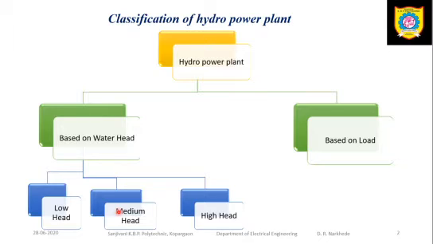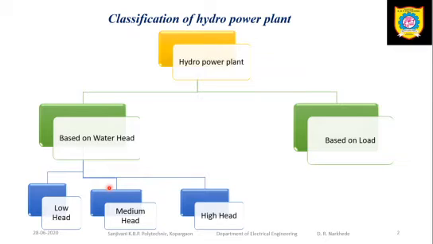The water is carried from the reservoir to the penstock through the forebay. So for medium head, we use a forebay to carry the water from the reservoir to the penstock. There is no need of a surge tank as the forebay itself acts as the surge tank. So mostly in case of medium head, you will not find a surge tank; instead, you can observe the forebay which acts as the surge tank.